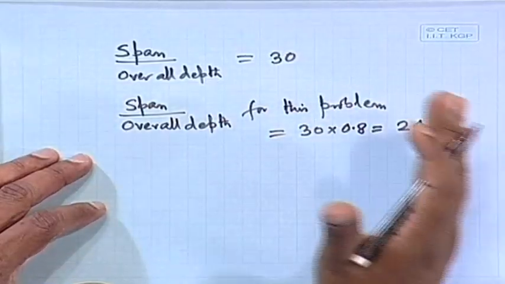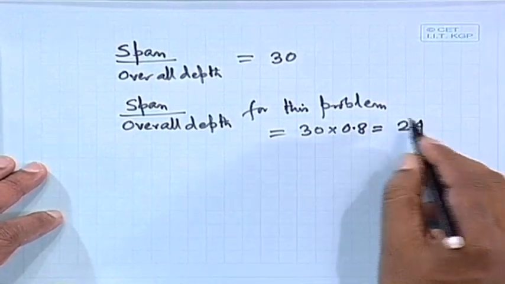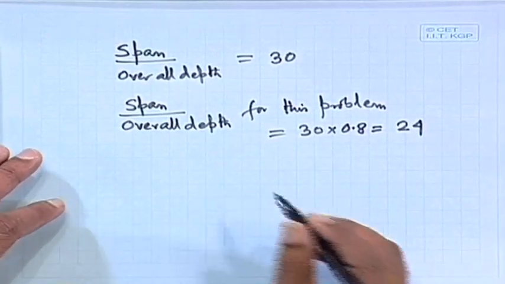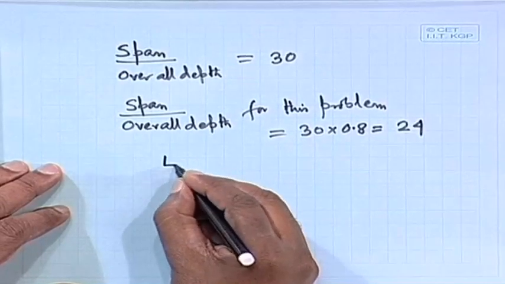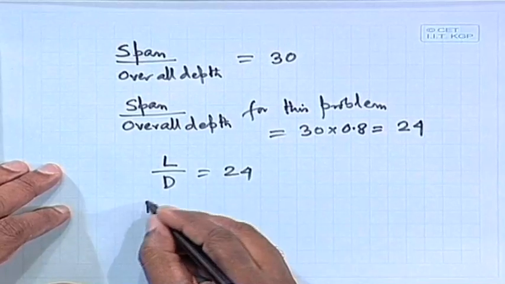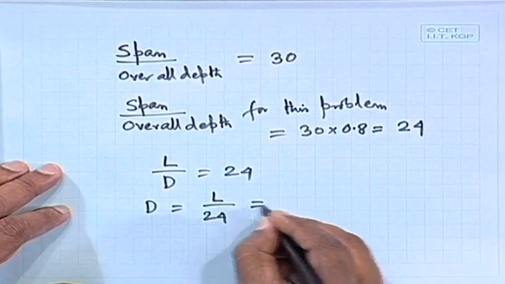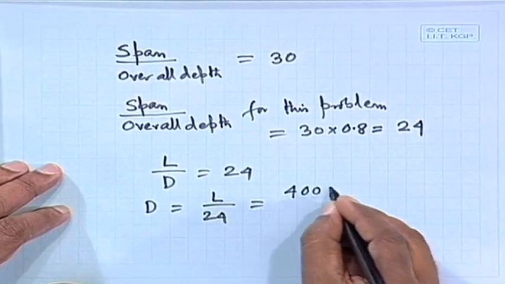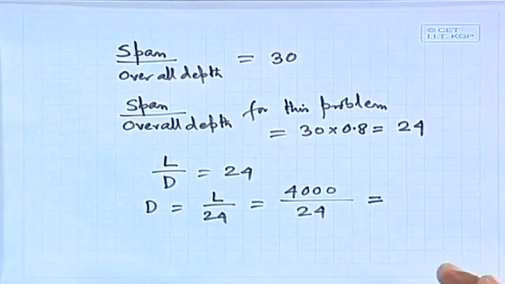So, here I am taking this 24, and it will be on the safer side. So, I can write down here L by D equal to 24. So, D equal to L by 24, and L equal to 4000 in the shorter direction, divided by 24, which comes as